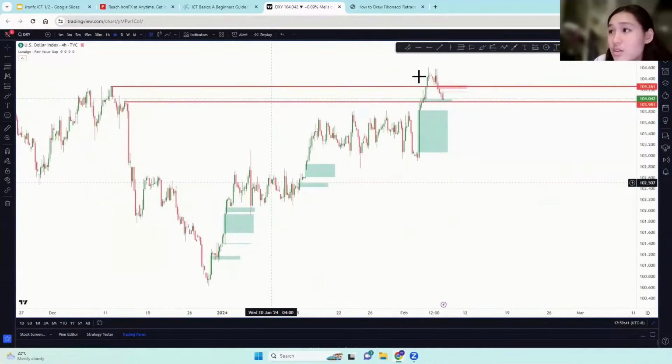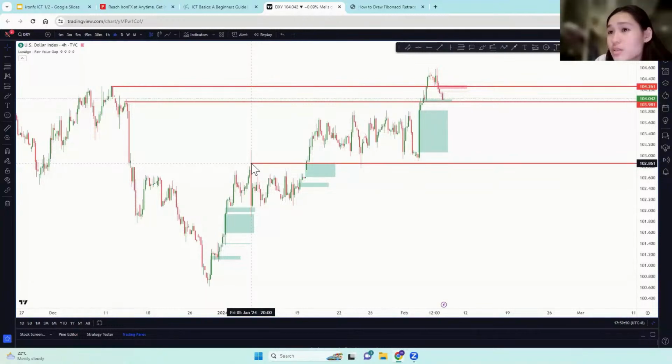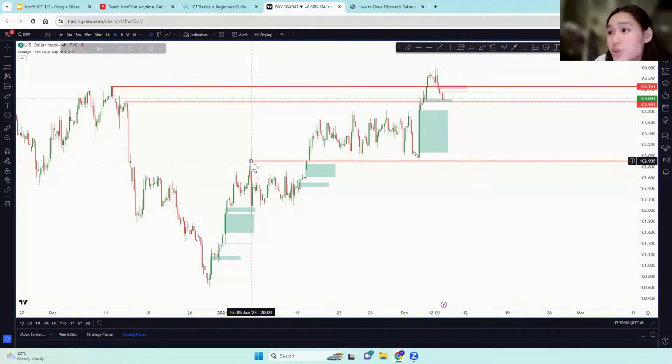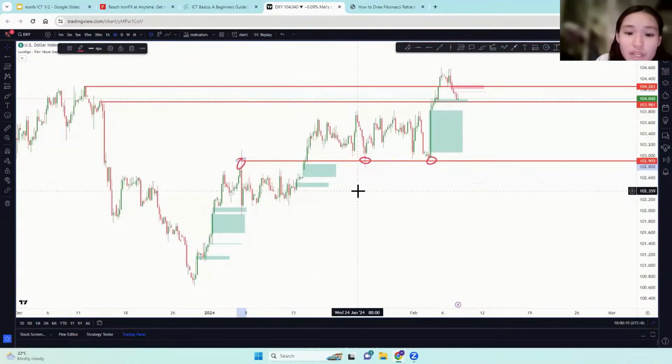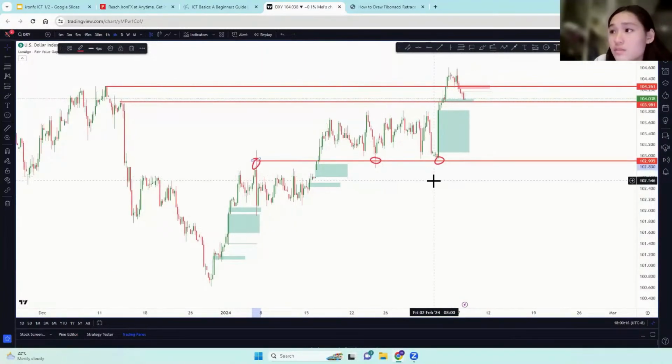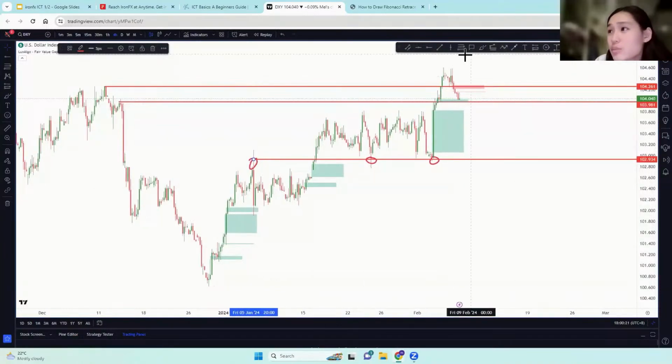Now we're looking at support levels. Here we have a couple of swing lows that match up with swing highs. This is one swing low, two swing lows, and then a swing high. So this is a pretty significant level, and using your fair value gap helps you to highlight such areas. Like I mentioned earlier, these are not really specific levels, they're more so areas.